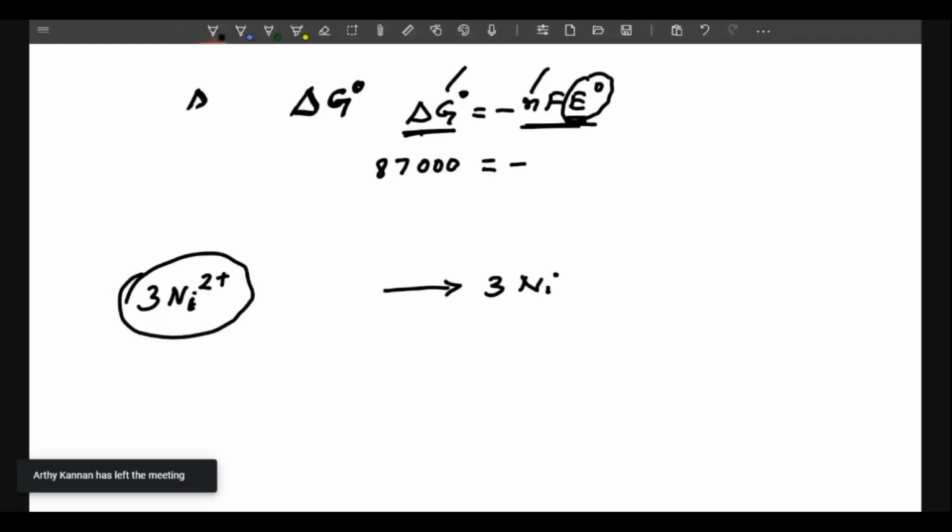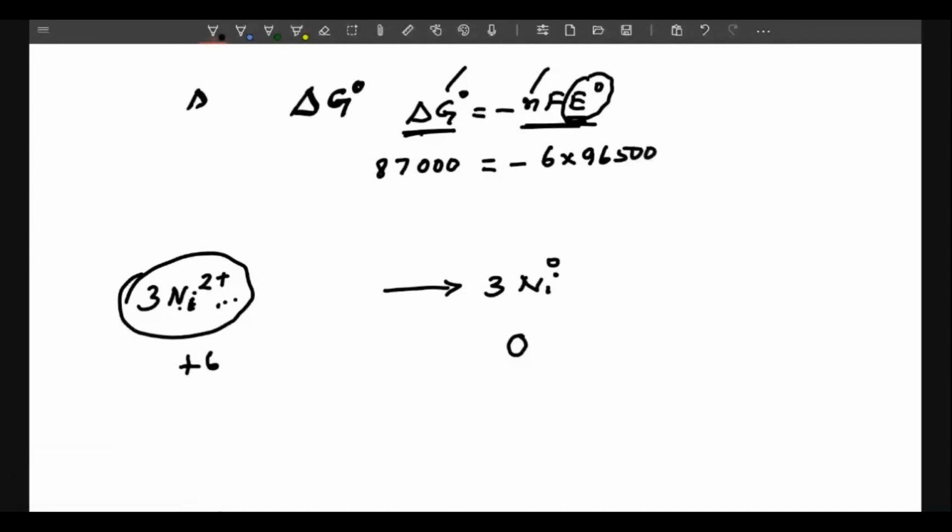That is, for 1 nickel it is plus 2, for 3 nickel it is plus 6. Here, for 1 nickel it is 0, for 3 nickel 0. Therefore, how many electrons are consumed by the nickel 2 plus? 6 electrons are involved. Therefore, the number of electrons involved in the process is 6 into